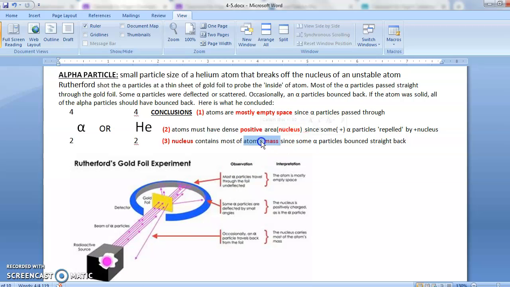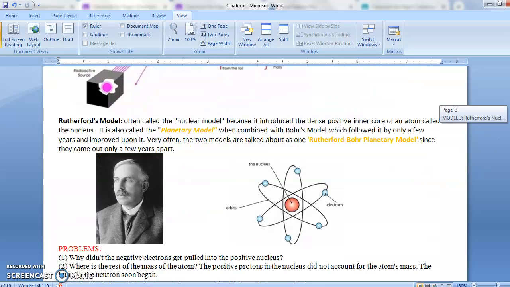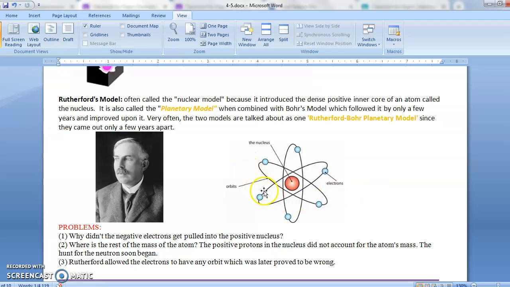In other words, all the mass in the atom had to be concentrated in an extremely small space. So he knew that inside the atom, all the mass had to be in a small space, and that mass had to be where the positive charge was in order to deflect the particle. So a new model arose. It was called Rutherford's nuclear model. It was the first model that introduced the nucleus, and he had electrons orbiting the nucleus instead of actually inside the atom. Sometimes the atom's called a planetary model because Bohr's model comes out right after this. And we'll talk about why it was called the planetary model later.